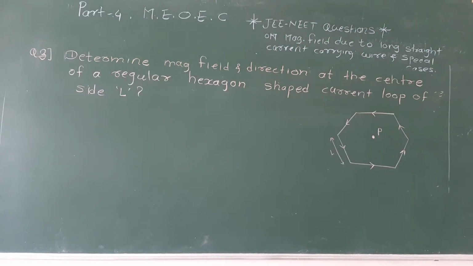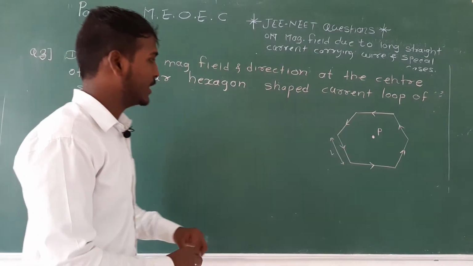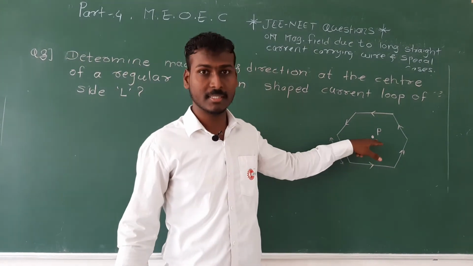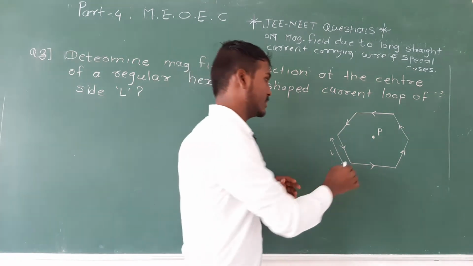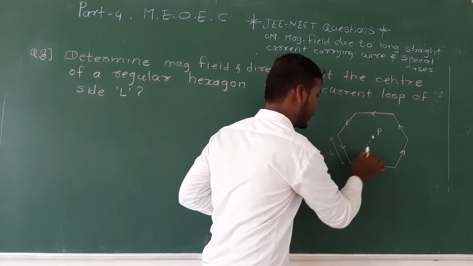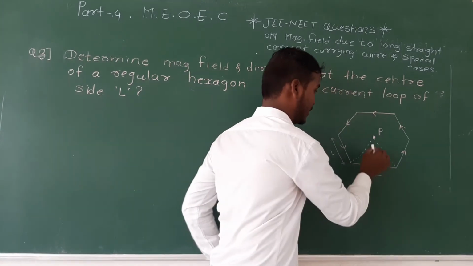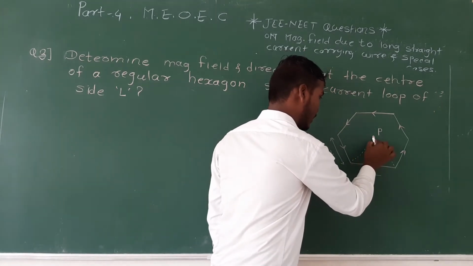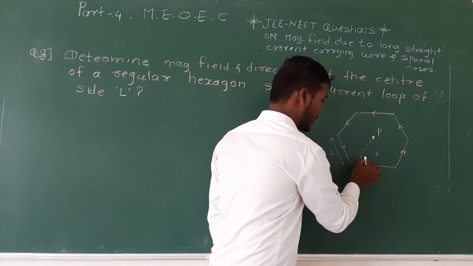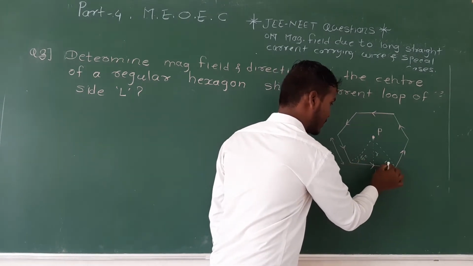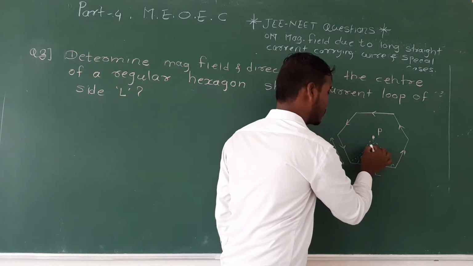Okay, here we have another interesting question. See carefully, determine the magnitude of magnetic field at a point P which is at the center of a hexagon. So again we will go for the same pattern, that is we will try to get that geometry. Now this distance is L, given in the question. Let us assume this distance as R. You know that this angle will be 60 degree, equilateral triangle, and again this angle will also be 60 degree.